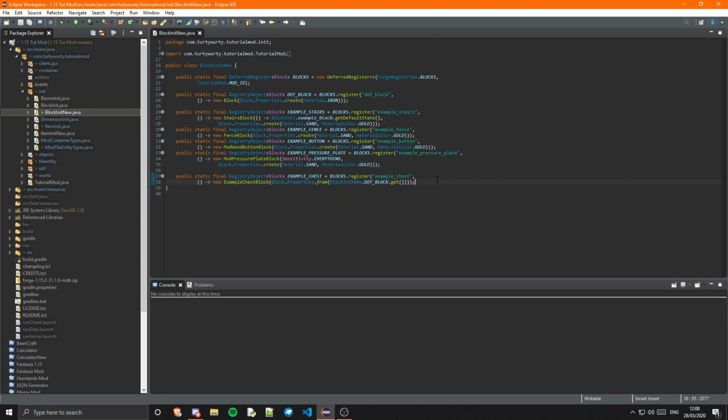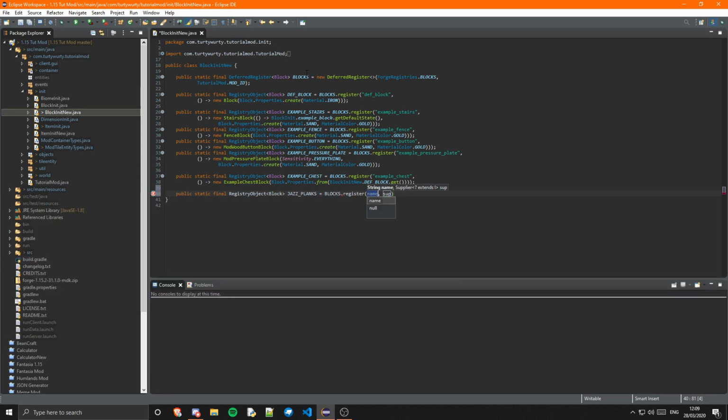So the first thing we're going to do is go into our block init new, and we're going to have to register the blocks first. So first let's do the planks, which is super easy. That is just a public static final registry object of block, and I'm going to call this, let's think of a name for it. I don't want to keep it as example and test and all that. Let's call it jazz underscore planks, okay? And that's going to equal